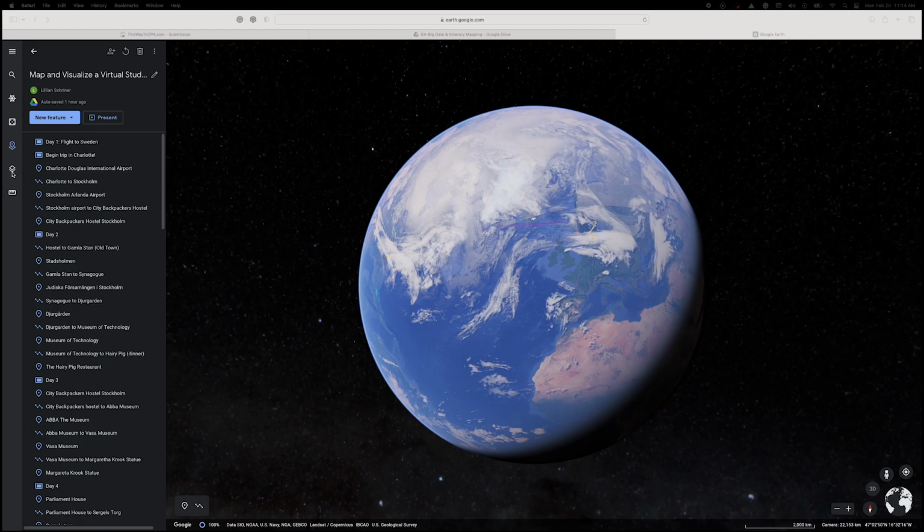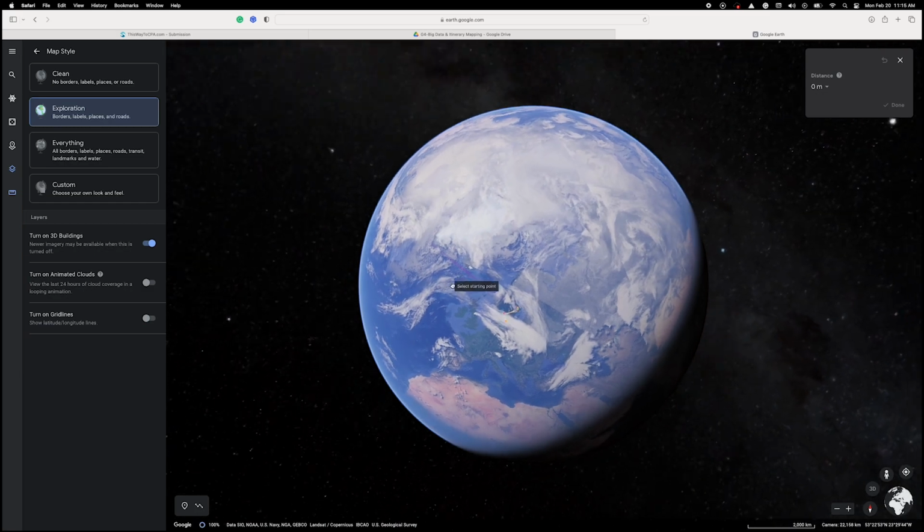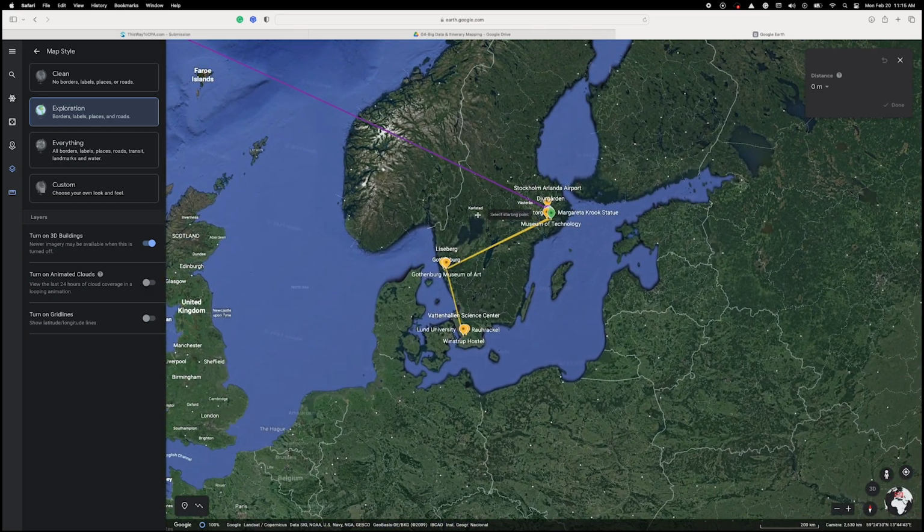But before we get in there, we want to touch on how you do some things in Google Earth. So first, we're going to show you how to turn on the 3D buildings or make sure they're on. You press on the Layers tab, and then you can see me articulating the button to turn it on and off. Moving forward, in order to draw lines to connect our different locations in kind of a chronological order,